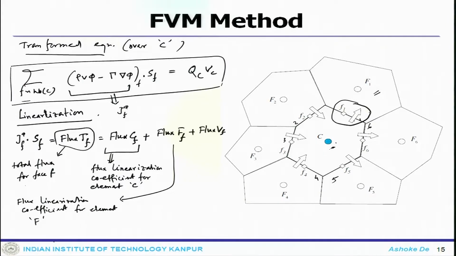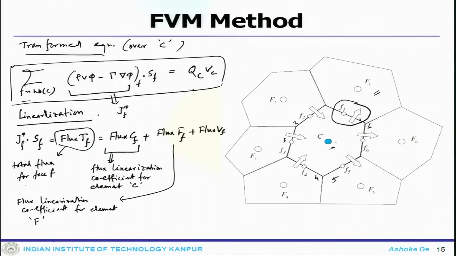So, the total flux linearization at F1 must be different from F2, but if you look at only one particular face, again if you look at this equation where you have the total system which is integrated to the